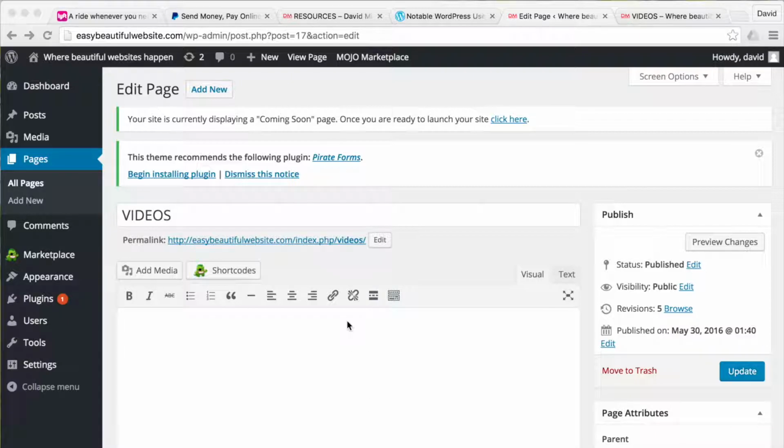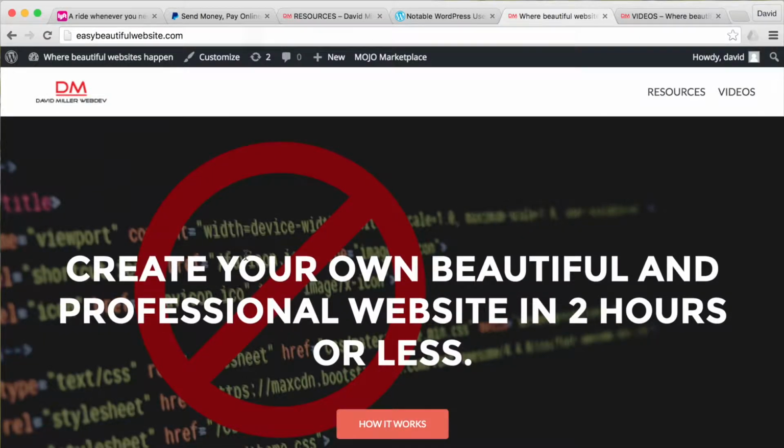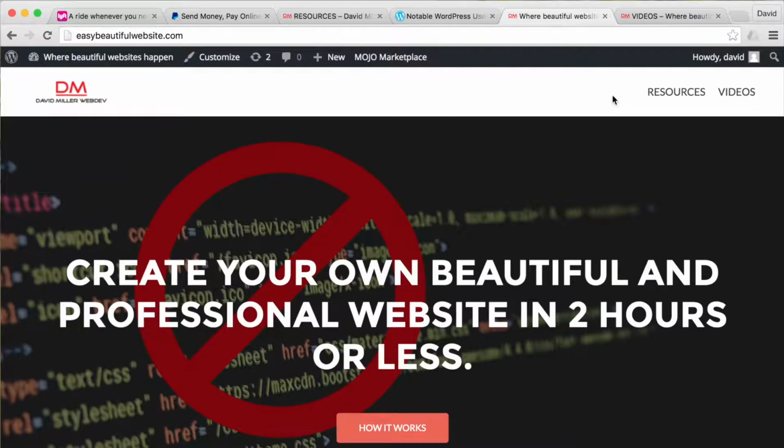Now let's suppose we're looking at our website and we want to place a home button up here. Rather than just having our logo always return us to the home as it is right now, we hit that and that will take us back to the home page. Suppose we want an actual home button in the